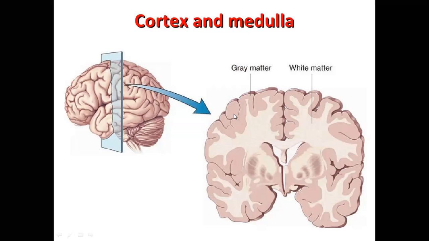The gray matter consists of neuron cell bodies, and white matter consists of a collection of axons and nerve fibers. So in the cerebrum you have an outer thin layer of gray matter, and inside you have white matter. Within the white matter, again there are aggregations of neuron cell bodies. They are known as nuclei.